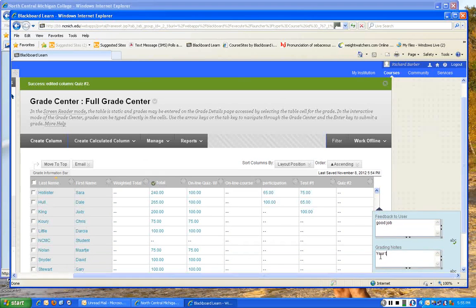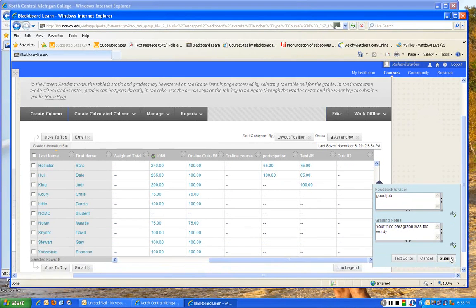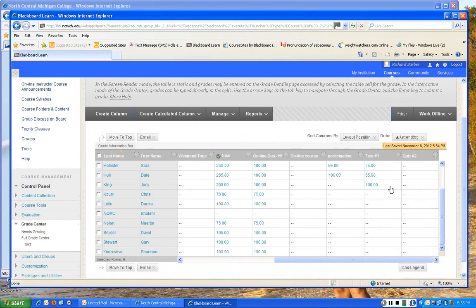your third paragraph was too wordy, something like that. And then again, submit that. That'll be submitted into the comment section, so the student, when they open up their grade book, will be able to see that. And if you need to revise that grade, say that you allow them to turn that paper in again for a revision,